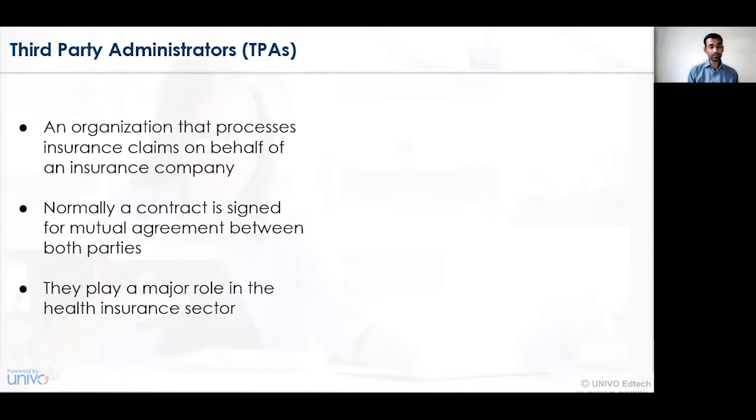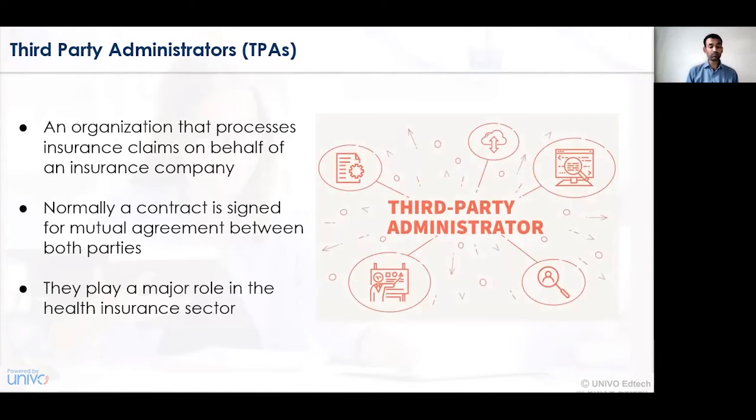Both these parties play a major role in the health industry or healthcare sector. Usually we find third party administrators in health insurance or the healthcare industry, wherein the insurance claim settlement between the networked chain of hospitals, the insurance company and the insured person is undertaken by those third party administrators.